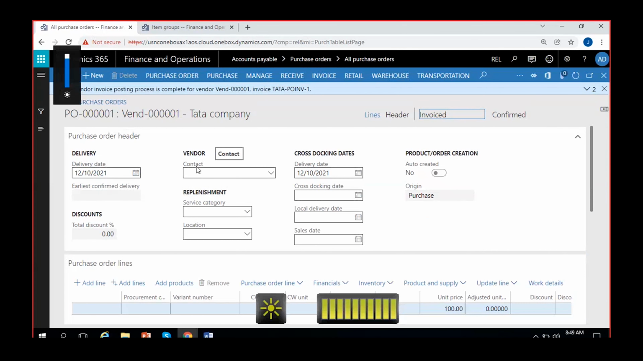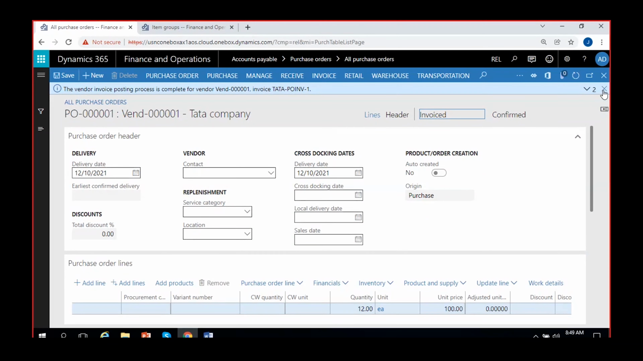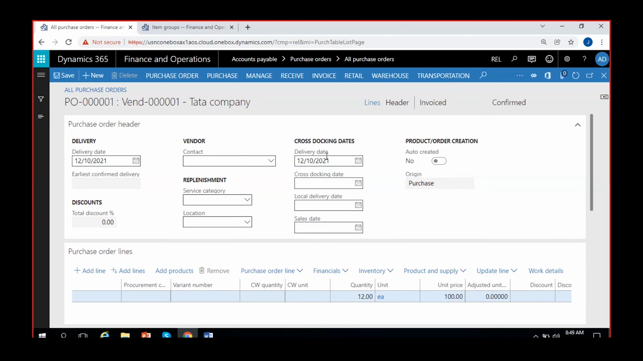So this invoice is posted, and it will automatically redirect you to the purchase order level once the invoice is posted. Now you are in the PO level, and you can see the PO status changed to invoiced. It means you have completely invoiced whatever goods you have on the purchase order, so the status is showing